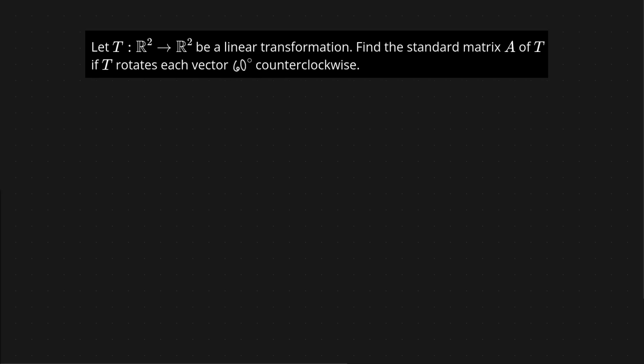Let's do another example. Here we have a linear transformation T that goes from R2 to R2, and we want to find the standard matrix A of transformation T if T rotates each vector 60 degrees counterclockwise. So as before,